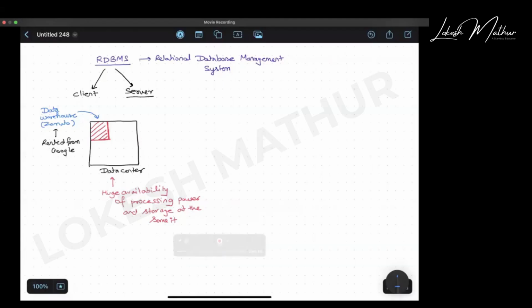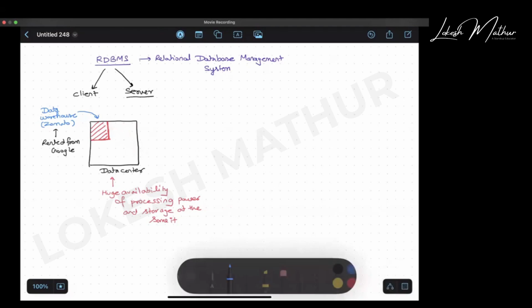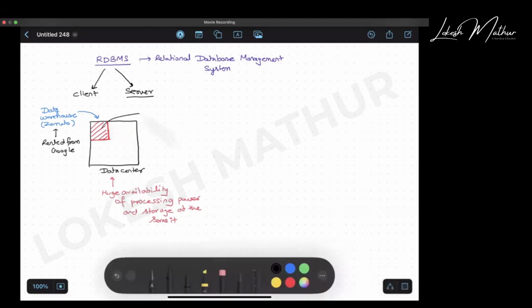So in this particular space that they have rented, they will create subfolders inside this. It is like bifurcating the entire space that they have rented into smaller spaces. So they have bifurcated this into 4 smaller spaces.